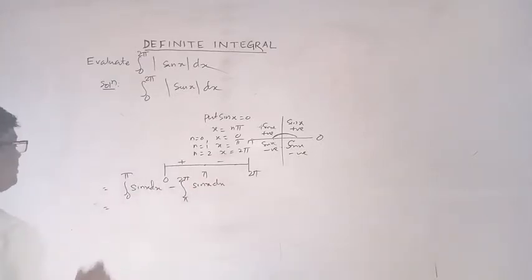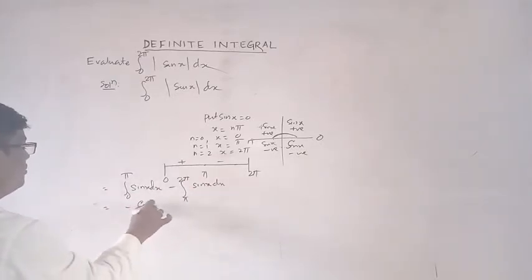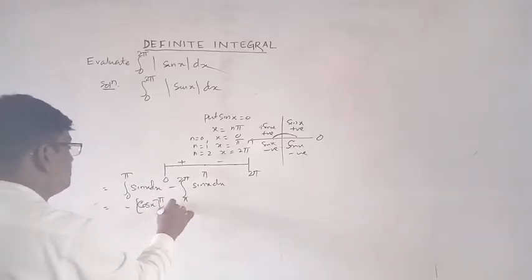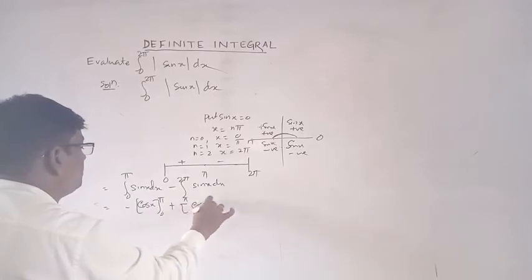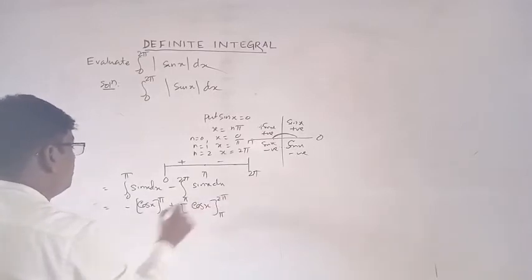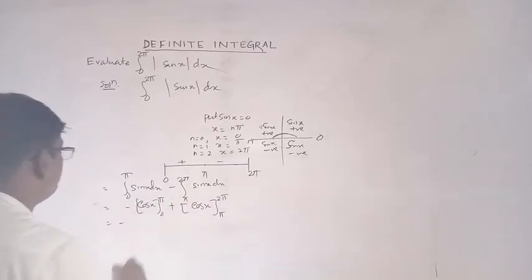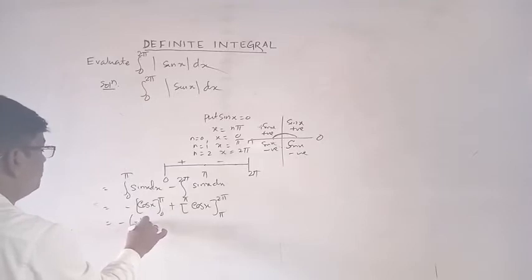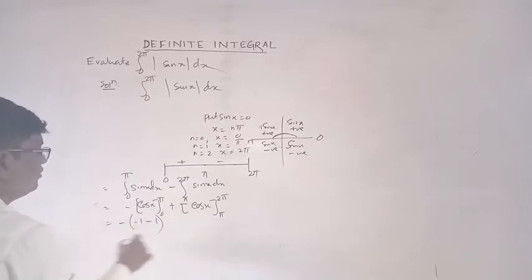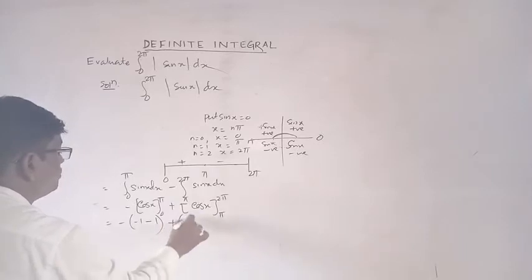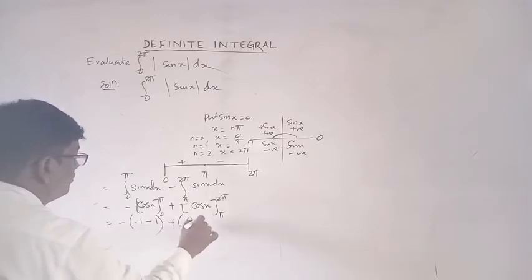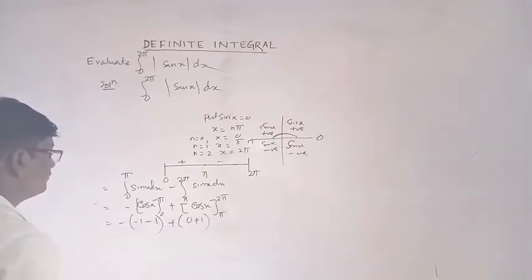Okay, the integration of sin x is equal to minus cos x, so limit is what? 0 to pi, and this is what? Minus cos x, so this will be plus cos x, limit is what? Pi to 2 pi. Now apply minus cos pi, that is cos pi is equal to minus 1, cos 0 is equal to 1, so minus 1. Here cos 2 pi is equal to 1 and cos pi is equal to minus 1. So minus of minus 1, this is plus 1, right?